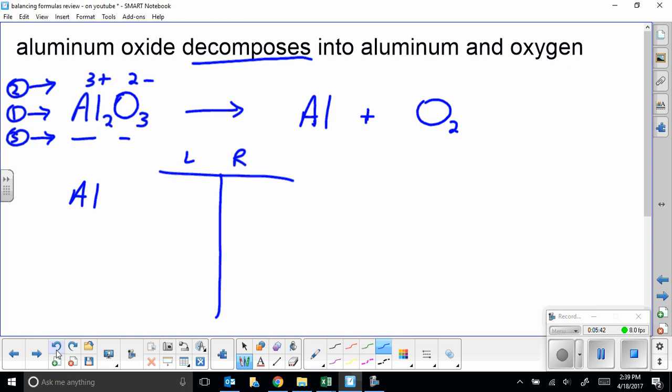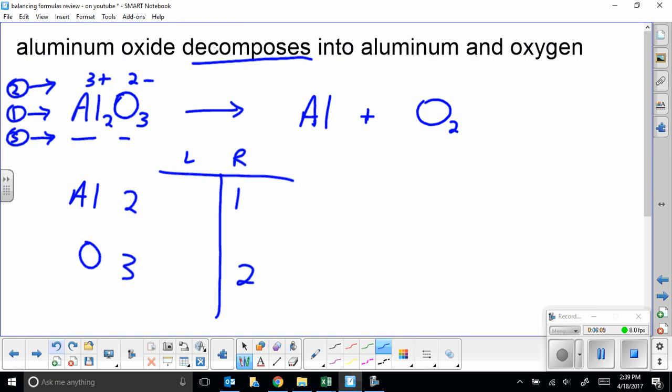Okay, now I look at how many I have on each side. So on the left side, I've got aluminum, I've got 2 of them right there, so I'm going to put a 2 there. And oxygen, right here, I've got 3 of them, so I'm going to put a 3 there. On the right side, aluminum, I only have 1, but oxygen, I have 2. So now we can start with whatever we want. Since we don't have it broken up,